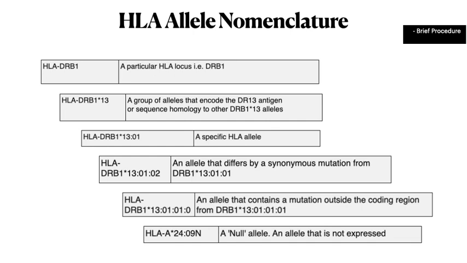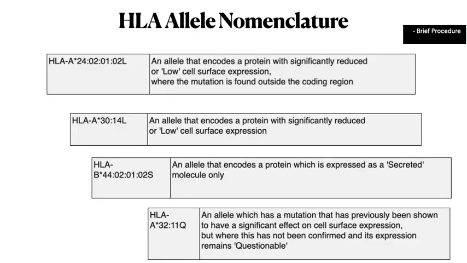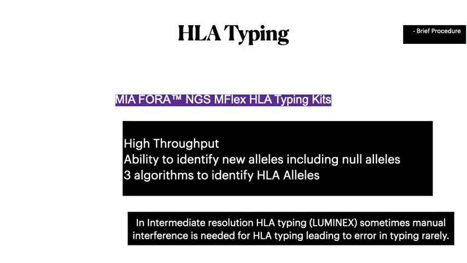Luminex bead-based assay can also help you identify the HLA allele. Then there is HLA typing by the MIA FORA NGS MFlex HLA typing kit. This is a high throughput kit. It has the ability to identify new alleles, including null alleles, and they currently have 3 algorithms which can identify HLA